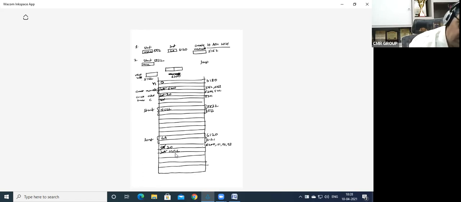Last is having a value, and last is located at 6120. It is having a garbage address as of now. This is having null, and we have assigned the new node value. Tell me, everyone, what is the new node value, please?